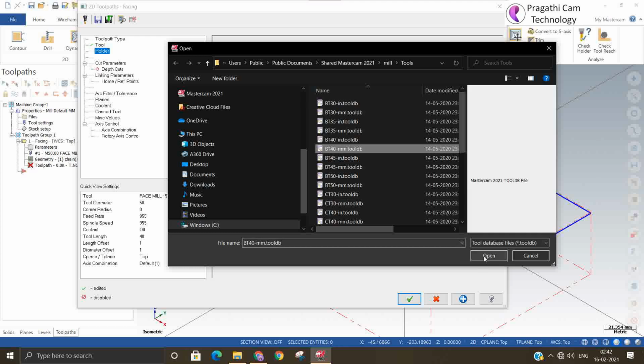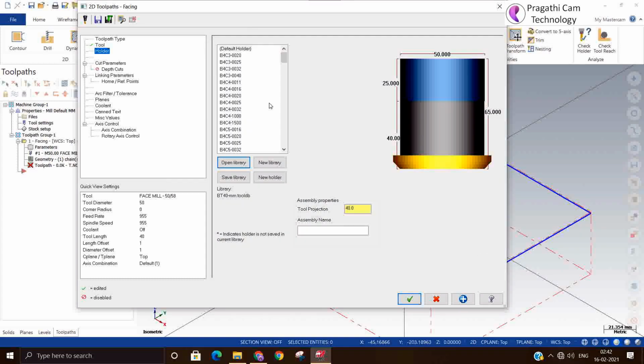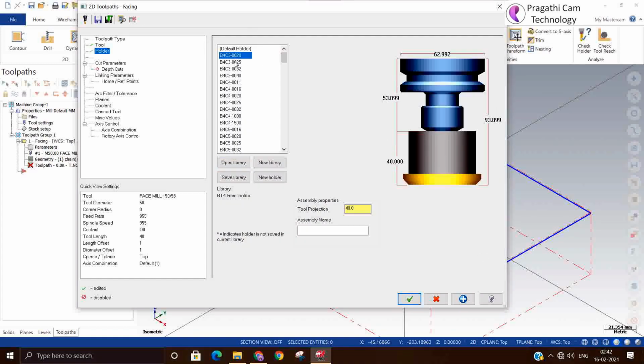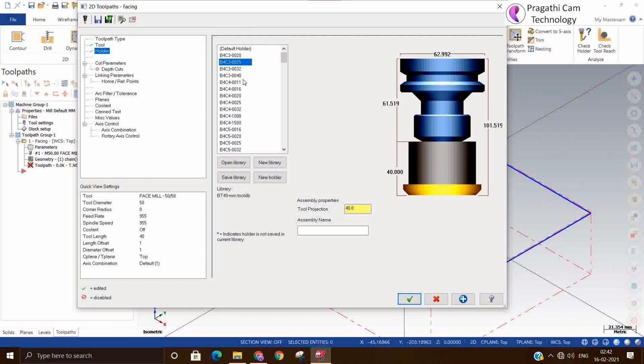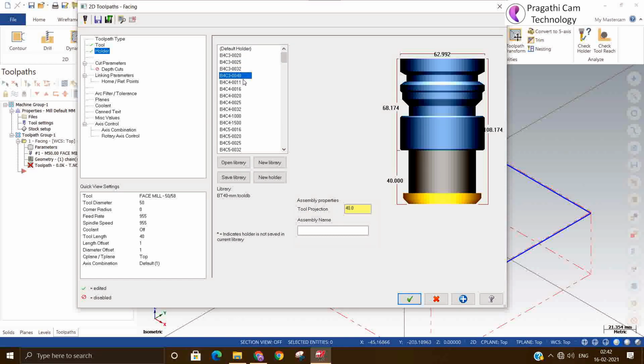If you select a wrong library, then it will not be good. This holder doesn't do anything to your NC file, but for simulation, if there is any collision, it will show you.